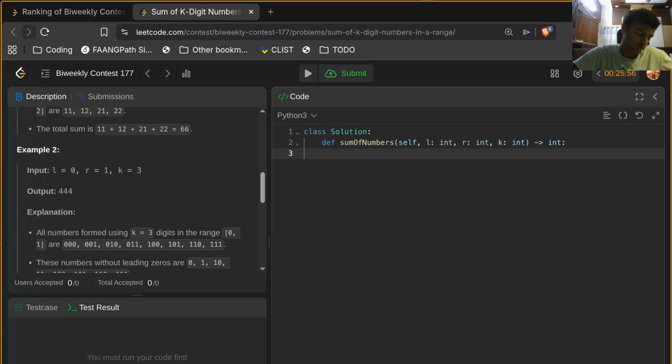That would be 2, 2, 2 is equal to 8. So it's 8